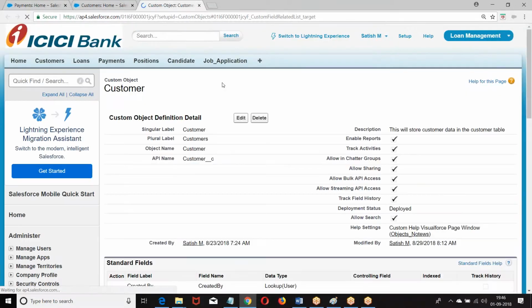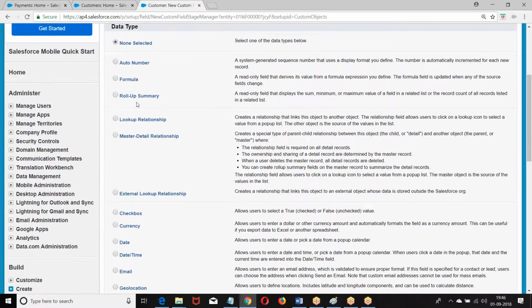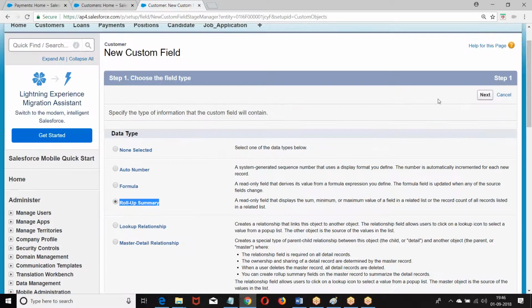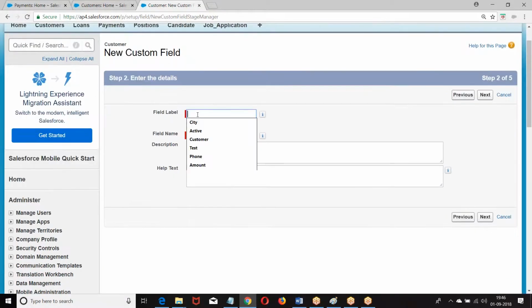Go to the customer, custom fields and relations. Is it enabled? Yes. Next. Total loan applied. Next.